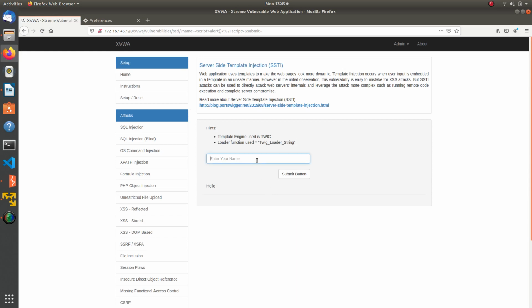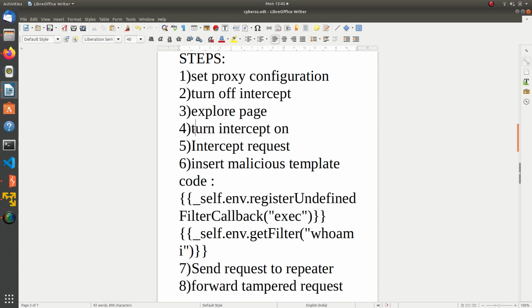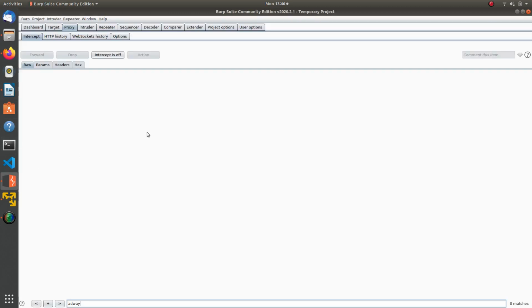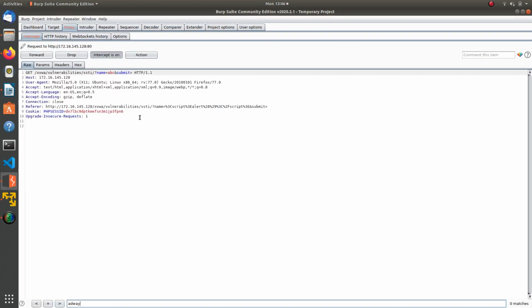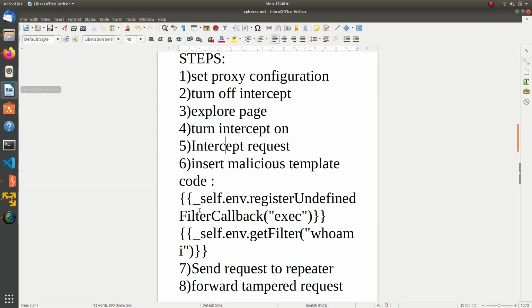For that, we are going to use any basic request. So for that, we'll have to turn the intercept on, which we are going to do right now. We will turn on the intercept in Burp Suite, create a request, and we are going to send the request. So the browser will not load because the request is being intercepted by Burp Suite, and we are able to have the request over here in Burp Suite. The next thing we are going to do is manipulate the data.